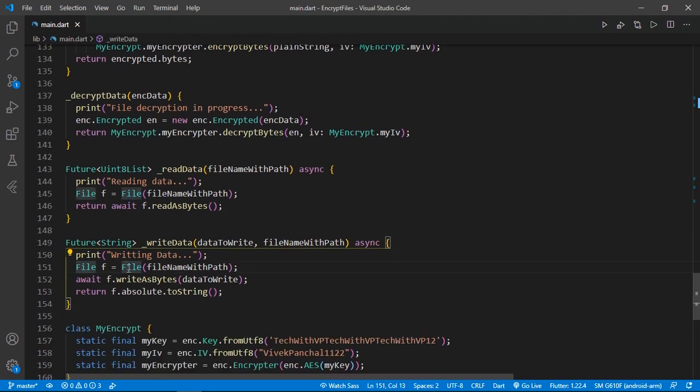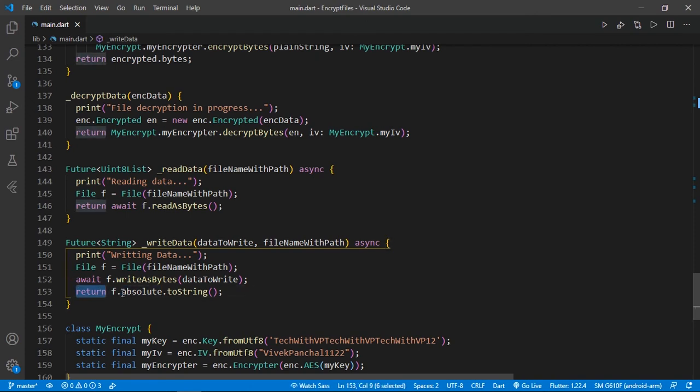So what we are going to do is, we got our file here, and now we will write our encrypted data here. I'm going to use f.writeAsBytes, which is a file method which writes your file as bytes, and we are providing our encrypted data to write here, and simply we are returning the absolute path, meaning where our file is going to be stored.